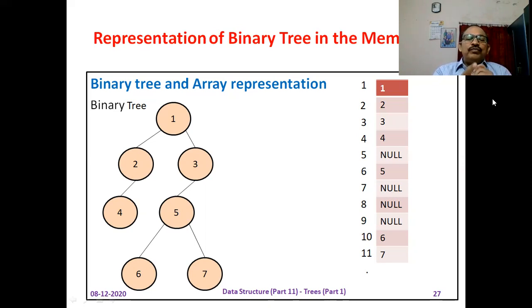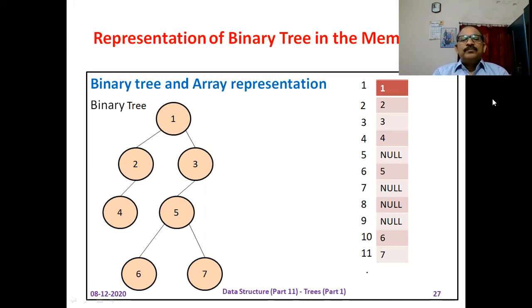So left child of node 5 is to be stored at the location 5 into 2, that is 10. And the right child of node 5 is to be stored at the location 5 into 2 plus 1, that is 11. In the figure you can see the node 6 is stored at the location 10 and node 7 is stored at location 7 in